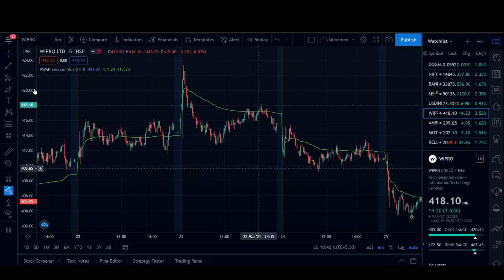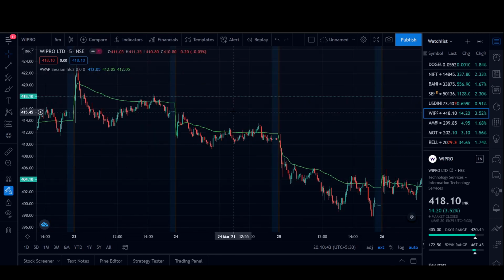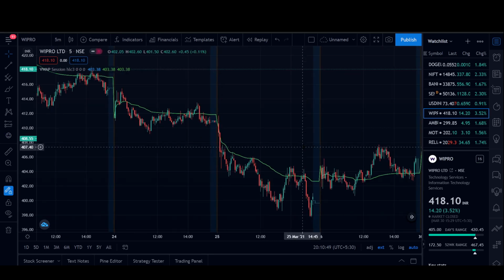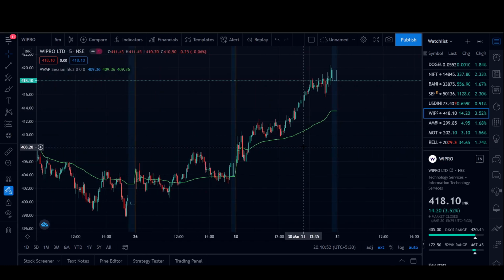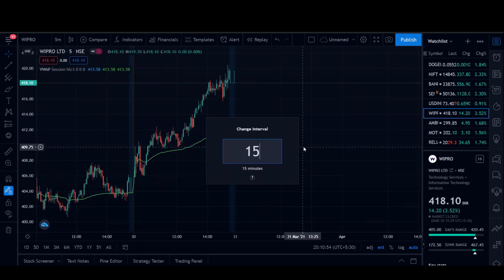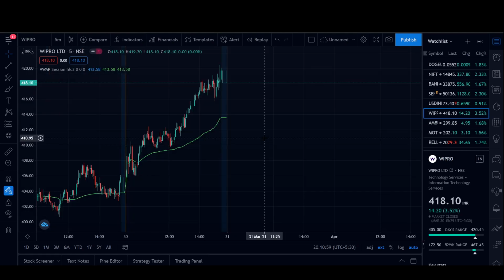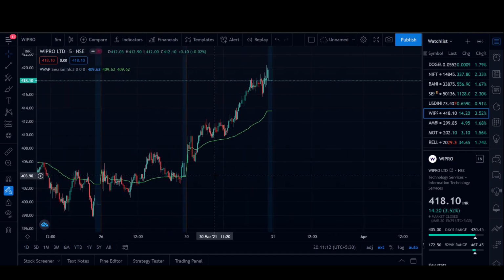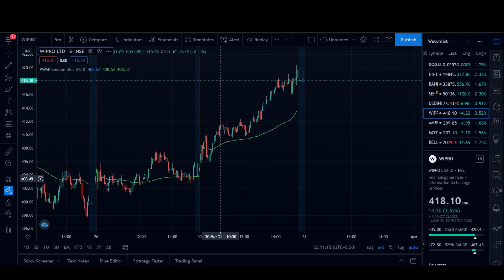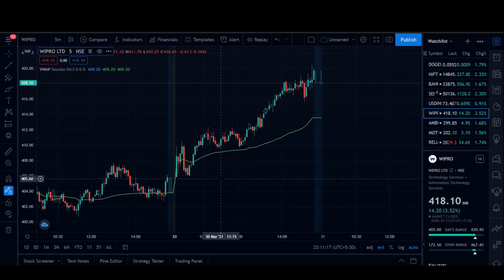So let's repeat. The VWAP provides support and resistance points to stocks. It is best used on the 5 or the 15 minute time frame, though it's best on the 5 minute, and it shows the trend in the market. When the price is above the VWAP, it indicates a bullish trend, and when it is below, it indicates a short or bearish trend. Now I'll be telling you what the trigger points are, as I said in my introduction, trigger points and trigger prices.